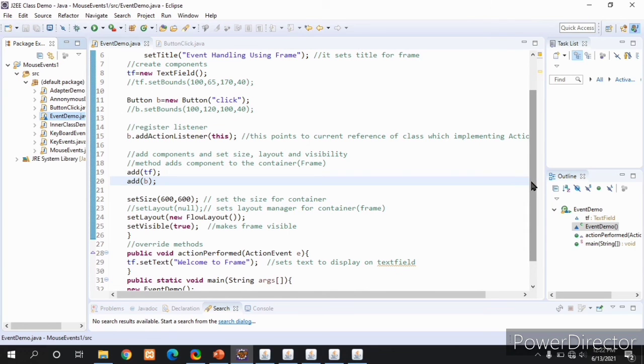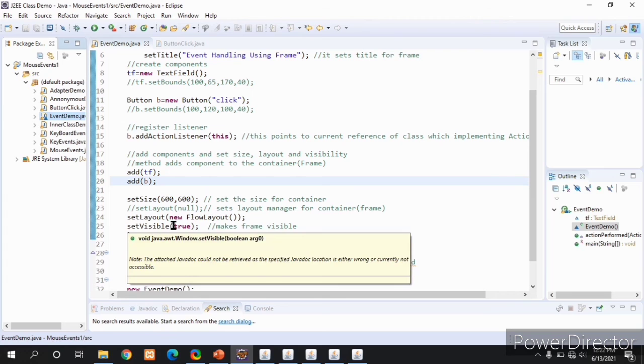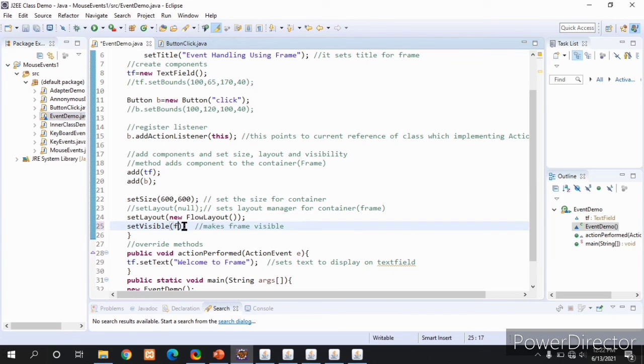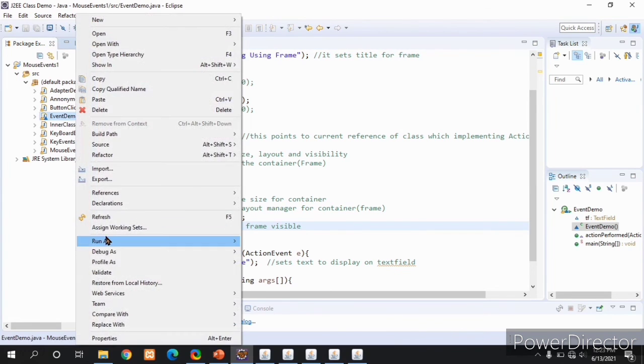And one more is setVisible. What this method will do is make the frame visible on the screen. I will show this also. If I pass it false, the frame will not be visible. I will execute now.